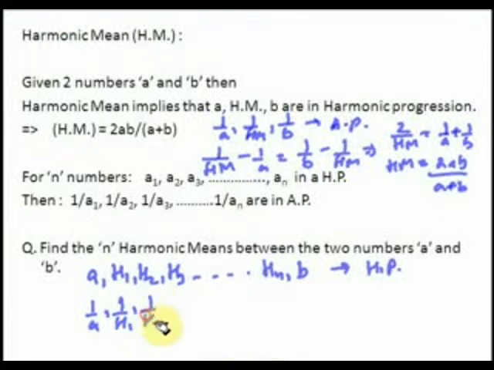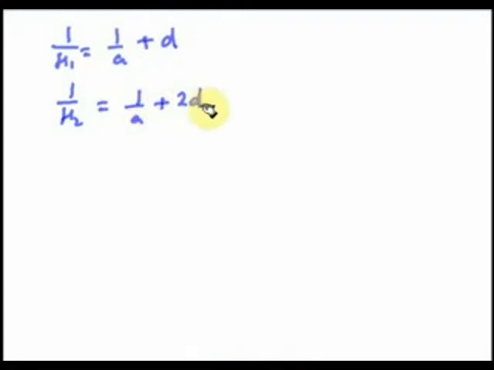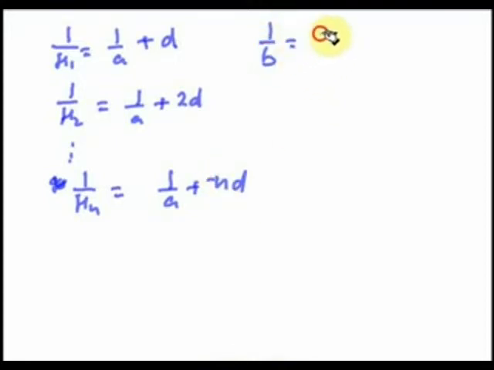Arithmetic progression. So 1 upon a, 1 upon h1, 1 upon h2 up to 1 upon hn and 1 upon b will form an arithmetic progression. So the value of 1 upon h1 will be equal to 1 by a plus d. The value of 1 by h2 is equal to 1 by a plus 2d. Similarly, so on, the value of 1 upon hn will be equal to 1 by a plus n into d,